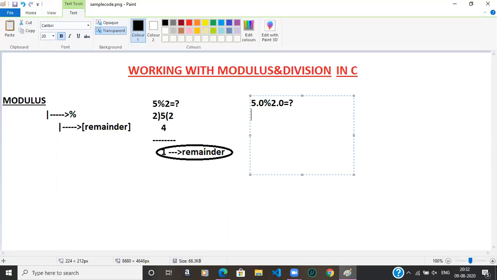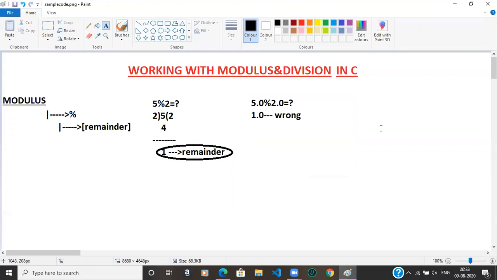Maybe 1.0. If you think the result will be 1.0, that is absolutely wrong. Why wrong? 5 modulus 2 is 1, so why is 5.0 modulus 2.0 not 1.0? Simple guys.